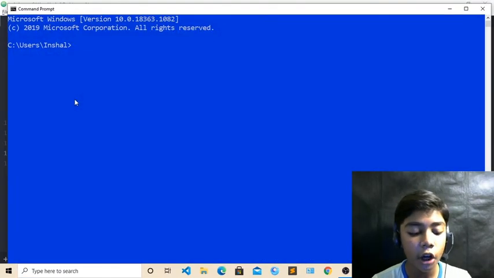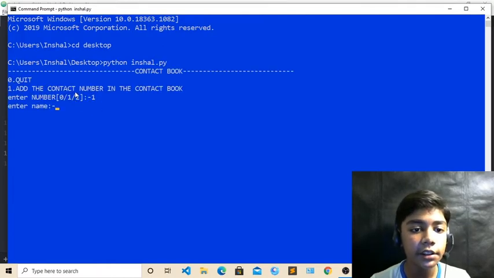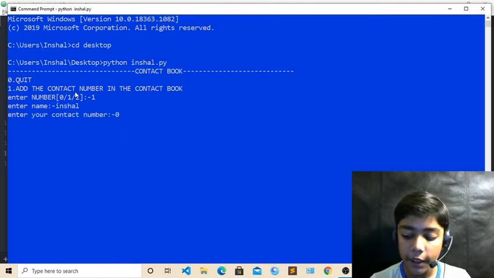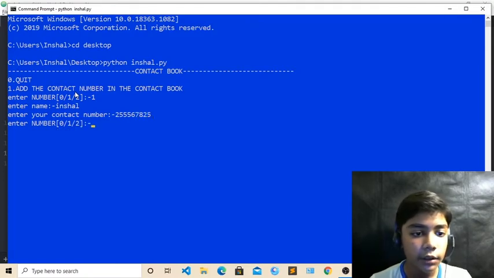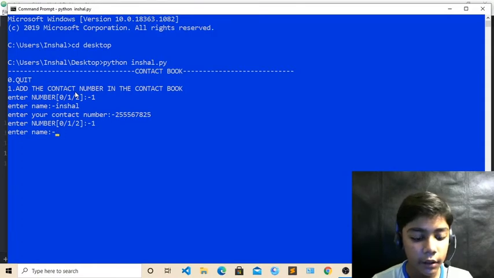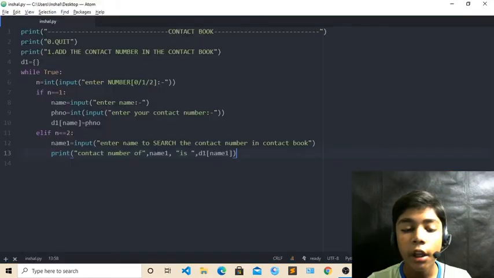Come over here, and now here you have to write cd desktop, where our file is located. Write your file name, like install.py is our file name. Press enter, and you can see it is working. Write install. The contact number will be, like, we are writing one number randomly, 2 5 5 6 7 8 9, just write like that. Again it will be install over here. It will ask your phone number, like this. Now till here we have done.